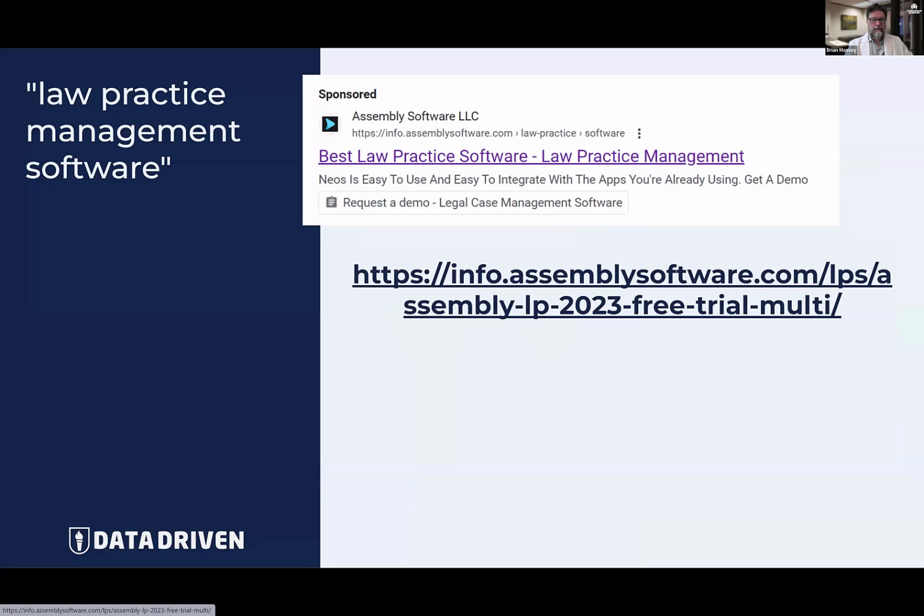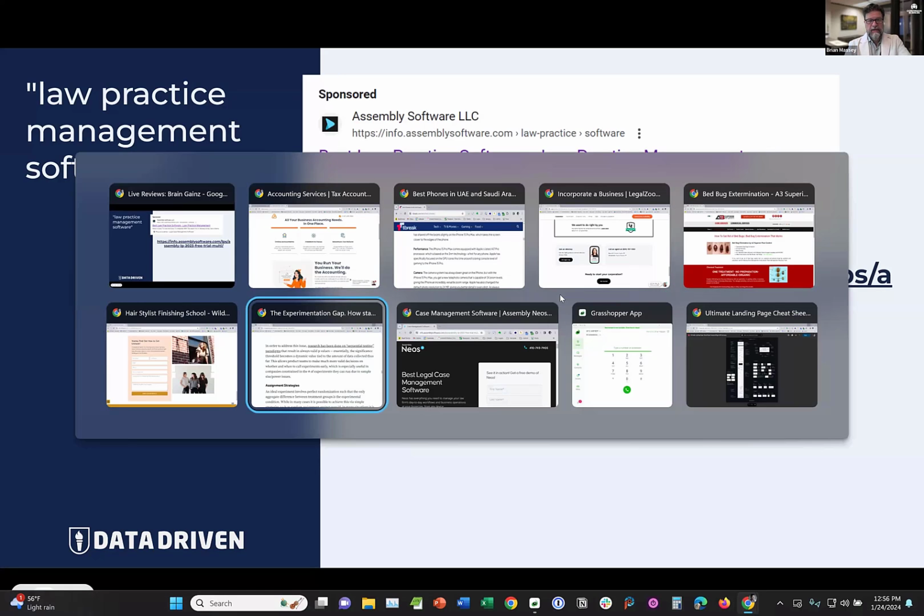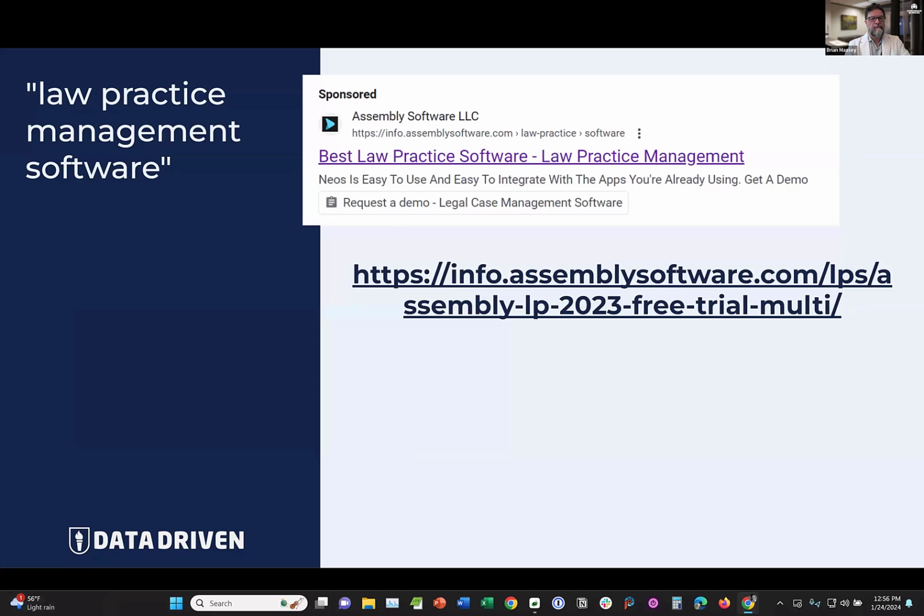So one more, I typed in law practice management software, and I was curious to see how this landing page performed for this. This was in the same category as one of our submissions. Best law practice software. Neo is easy to use and easy to integrate with the apps you're already using. Get a demo. How did Neos do in terms of